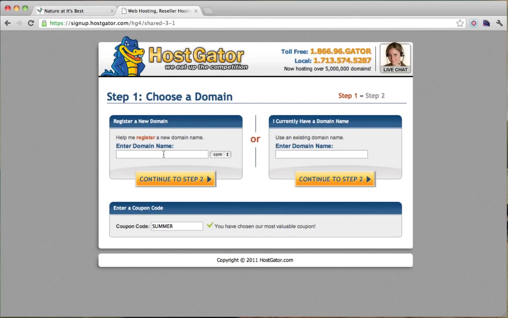And once you click order now, it's going to say, do you have an existing domain name, or do you want to register a new one? Let's say you have a domain name from GoDaddy or something. You registered somewhere else. You would enter that in here. But if you're having a new domain name, then you enter it right here. So we're just going to do the new domain name. We're going to do simpleIsKey.com,